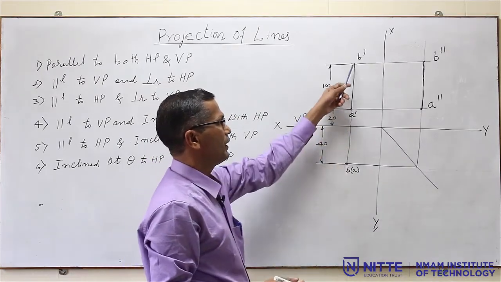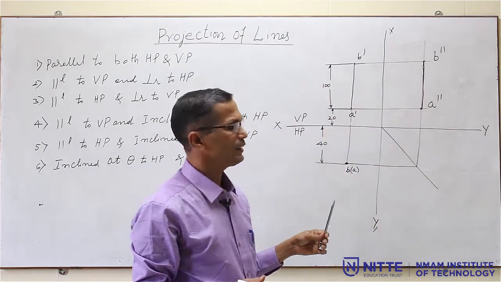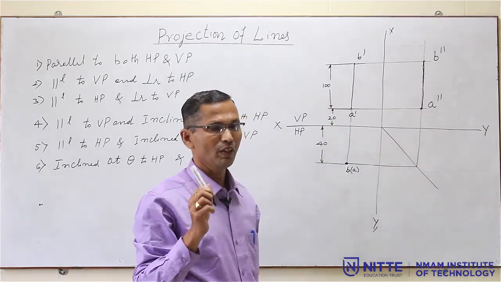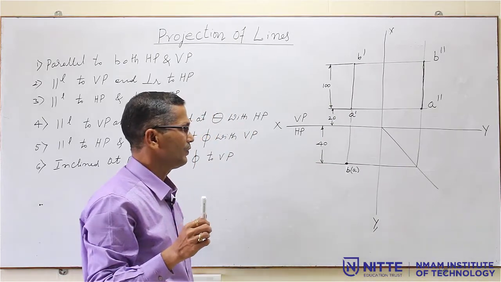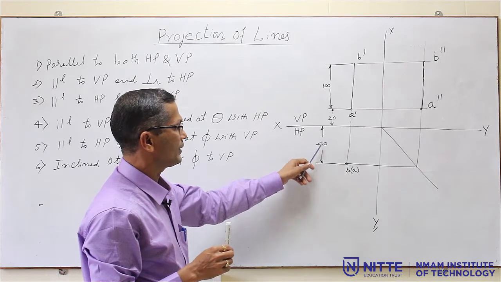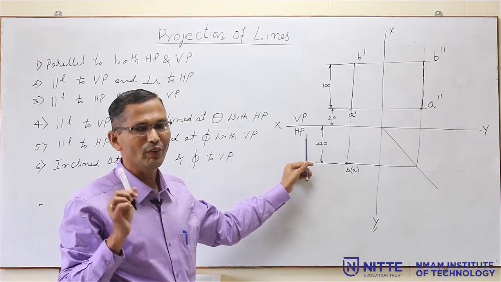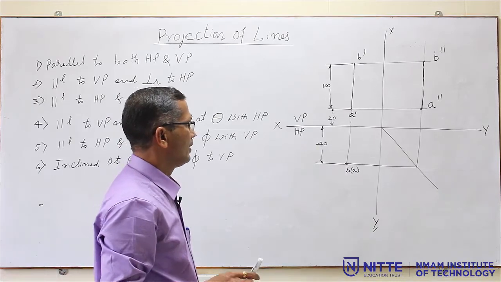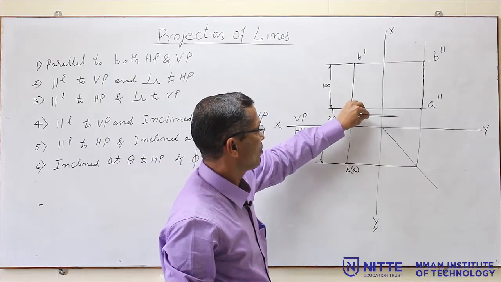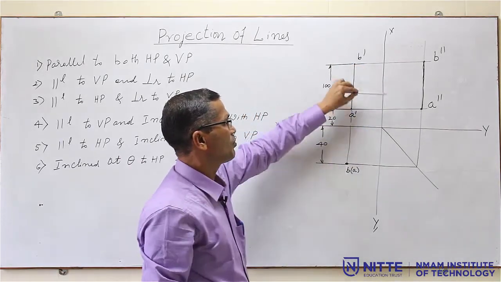So, this A dash B dash, A double dash B double dash will be dark lines, remaining all the lines are the projection lines. So, draw it very light, and while drawing it is not a freehand drawing, you have to take all these dimensions as it is, use the scale and measure it, then only you have to draw it. And you take care that all these lines are parallel, not drawing simply lines, it should be parallel lines.